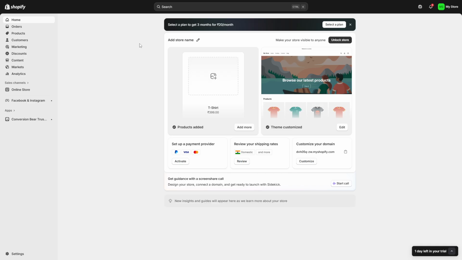That's it. You've adjusted your Shopify font sizes using the global typography settings, ensuring consistent, readable text